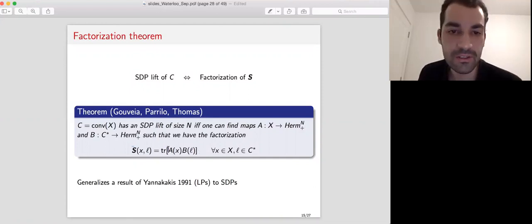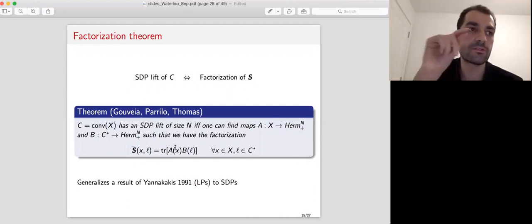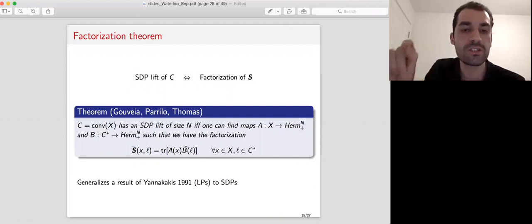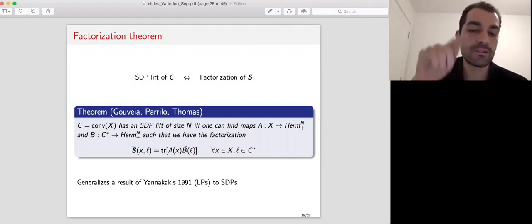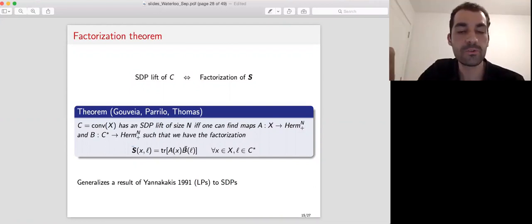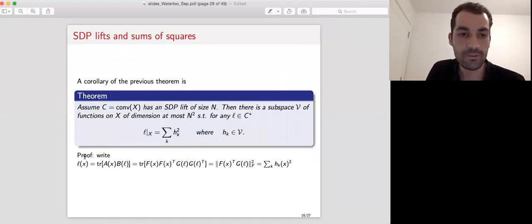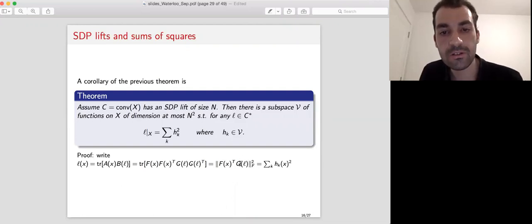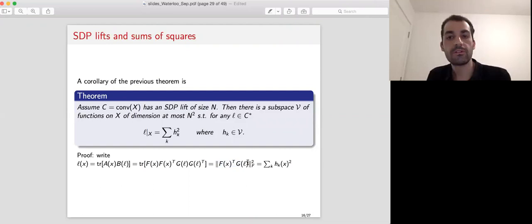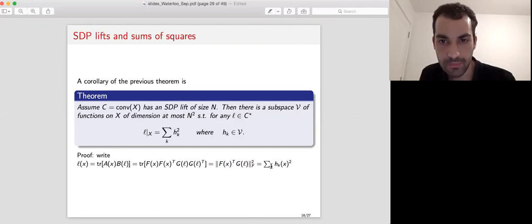The idea here is that since A of X and B of L are positive semi-definite, I can write A of X as F F transpose, and I can write B as G G transpose. Then I get the trace of F F transpose times G G transpose. If you look at this line, I write A of X as F of X times F of X transpose, and G of L times G of L transpose. So this is really just a sum of the squared entries of the matrix F of X transpose G of L. If you analyze what has happened here,